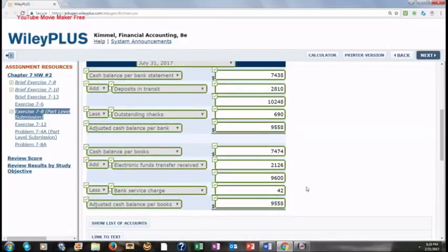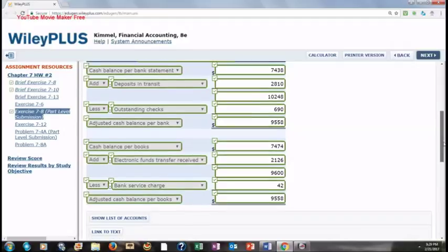We add those two together to come up with 9,600, and then we minus out bank service charge to our books of $42, and we come up with an adjusted cash balance for our books of 9,558, and you can see that it matches the adjusted bank balance of